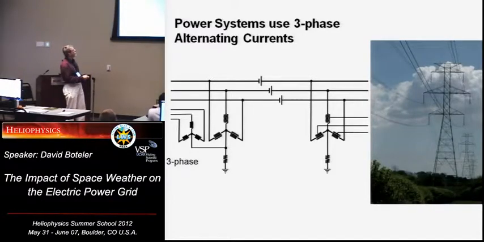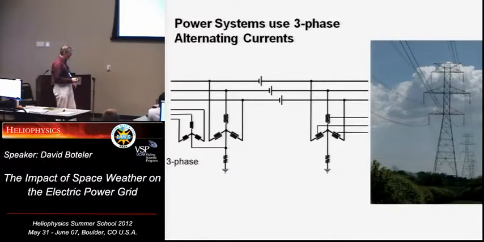Here's another one, different construction of the towers, but you can see here's the main insulators hanging down, so a line hanging on that one. There's one phase, second phase, and third phase there. So once you start to recognize that, you'll see that on all the power lines that you go under.